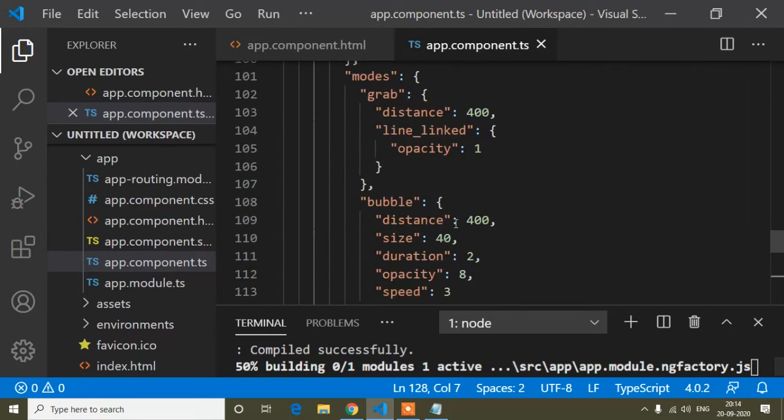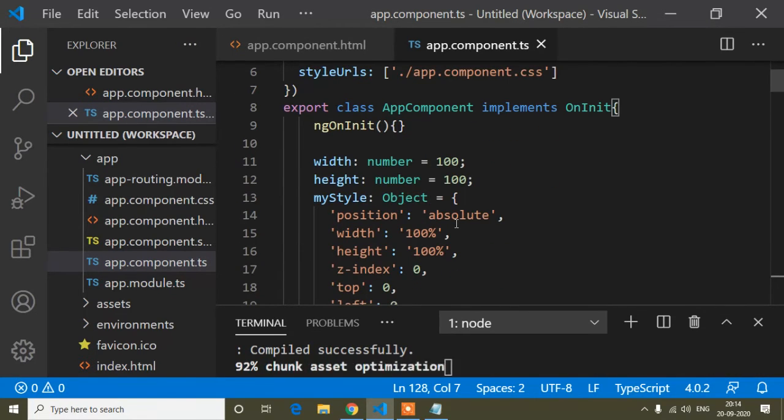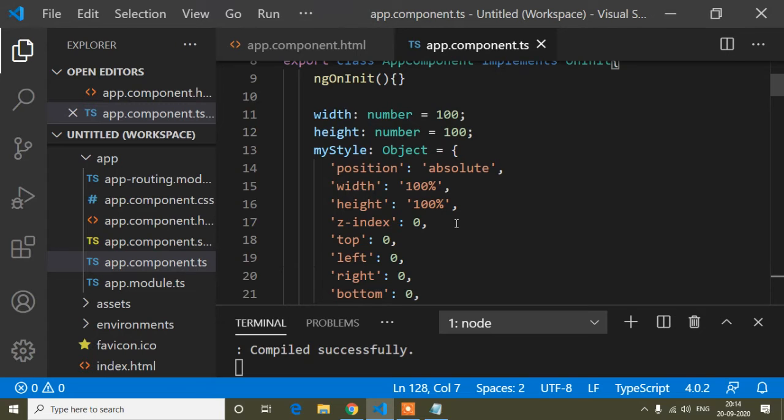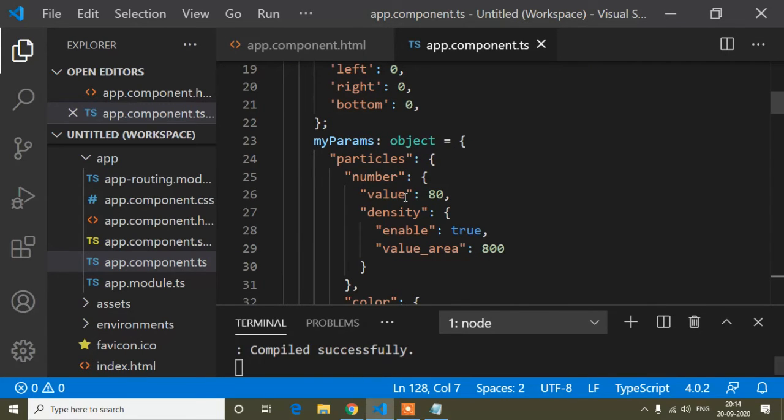So now here you can see, okay, it's not coming.